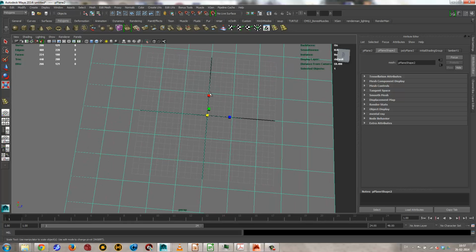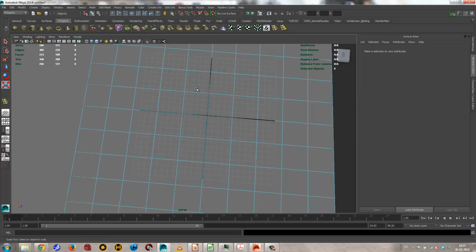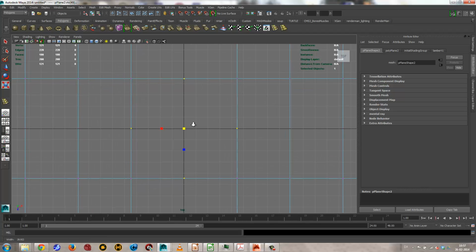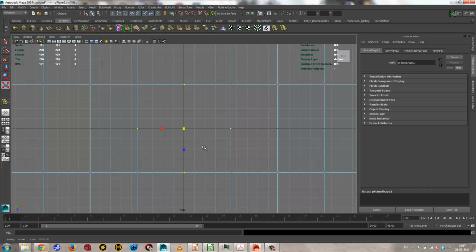To make this more round, what I'll do is I'll try to make these points in here rounder. So I'll go to vertex, I'll grab the vertices going around, and then just look at it from the top view, and then I will scale these outwards like so. So I create something that will be a circular area,